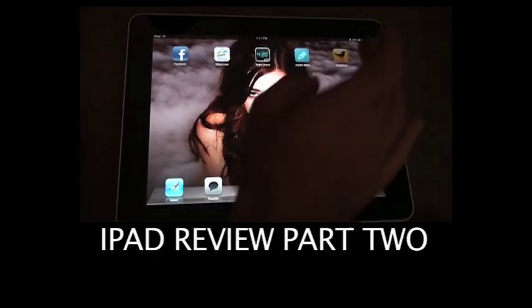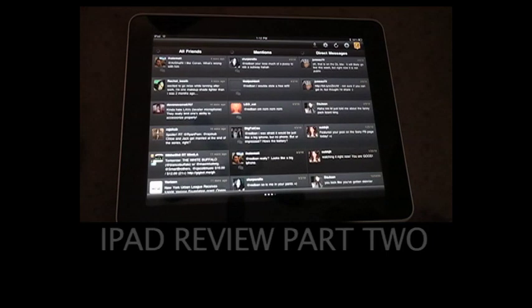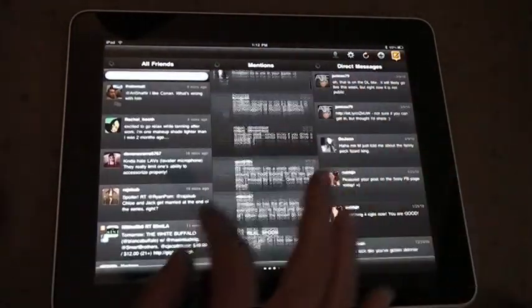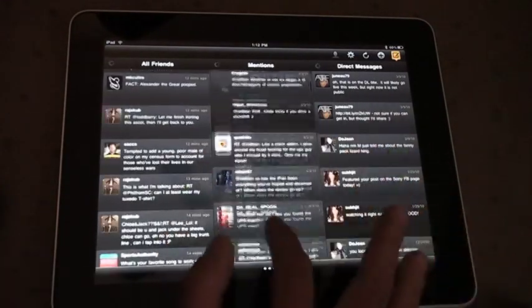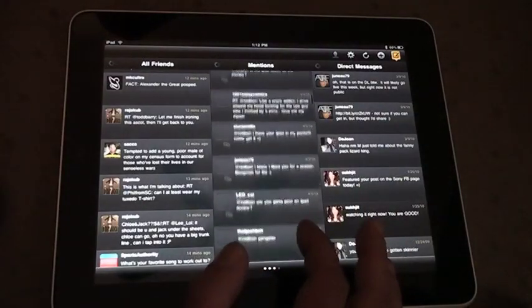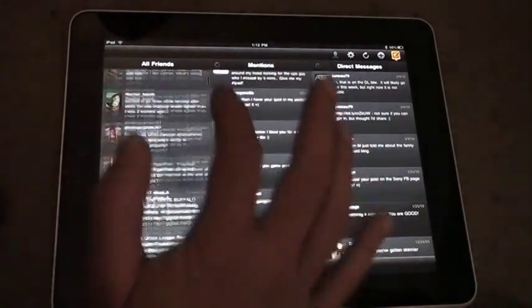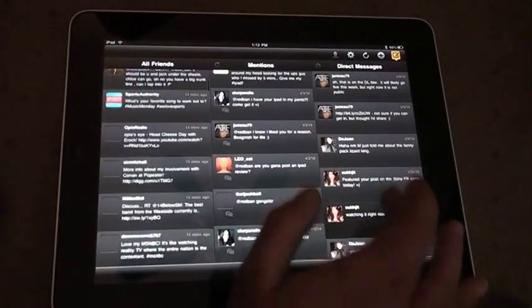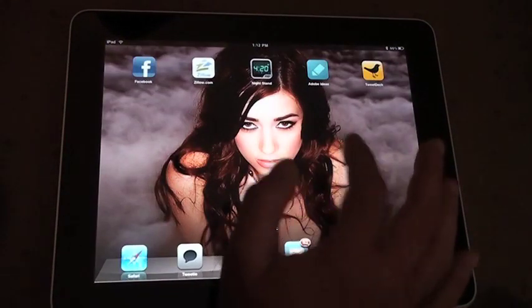Now, other than that, I find myself really digging the iPad applications. This is TweetDeck. This is from Twitter, and it really takes advantage of the screen. If you are used to TweetDeck, this is probably the best version that they have out there, and it's really interesting how they're really taking advantage of the landscape mode, and you'll find a lot of applications are using the iPad in unique